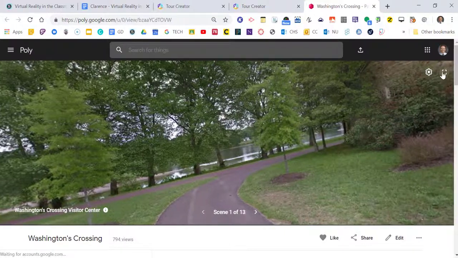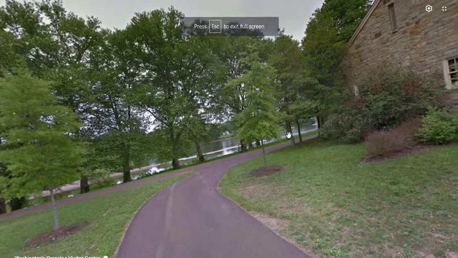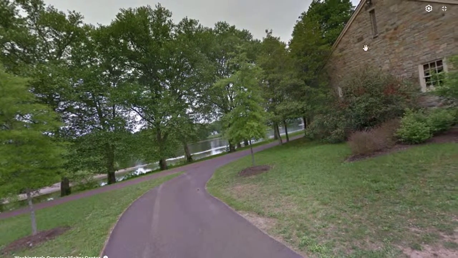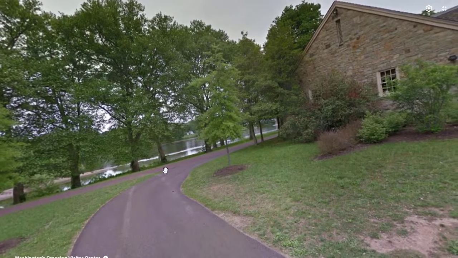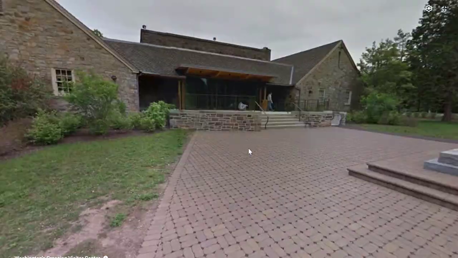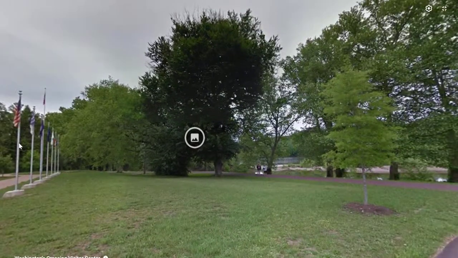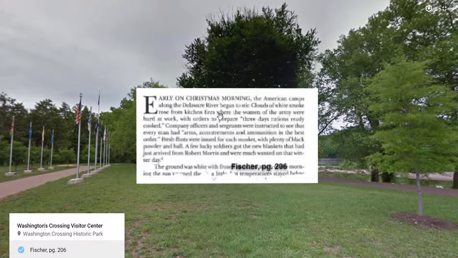So I made this particular tour, and I'm going to put it in full screen, which you can see how you can not even use this without the VR glasses and so forth. So again, I'm looking at the actual tour, which is really kind of neat, and I can scroll around. And this is a 360 photograph that I found of the visitor center at Washington's Crossing, like a museum, I guess you want to call that. And I've added this point of interest, which is actually a clip from the quote from a book that I actually took a screenshot of, so they can be aware of that and understand it,